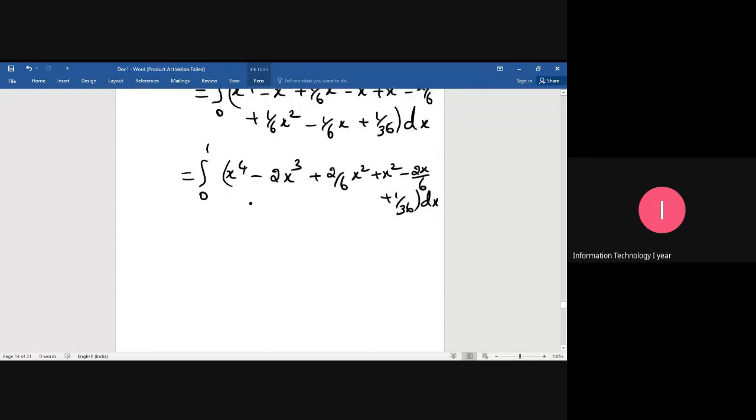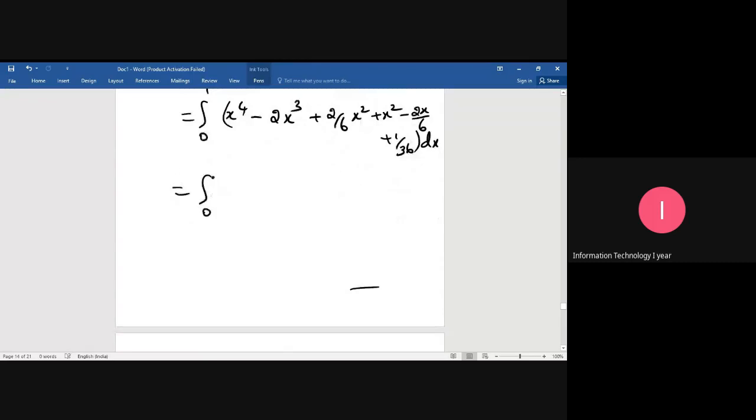Just a simplification only. This is equal to the integral from 0 to 1 of x to the power 4 minus 2x to the power 3, then 2 by 6 x square plus x square, here we can cancel it, 1 by 3. Again taking LCM, 4x square by 3, and again cancelling that, minus x by 3 plus 1 by 36, into dx. Now easily we can take the integration, right? So the integral answer is actually